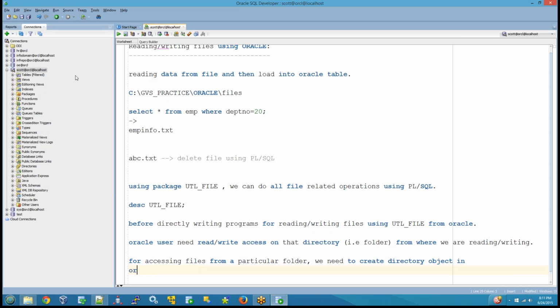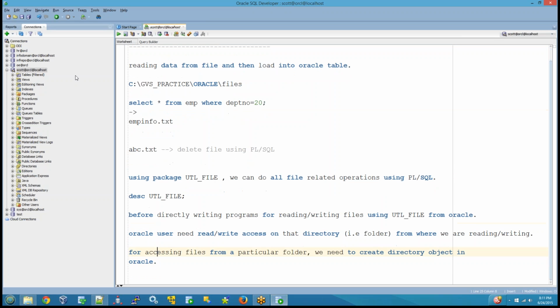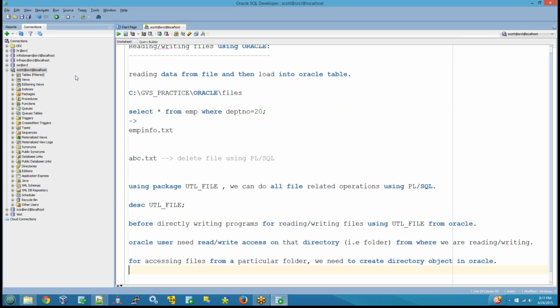The directory object in Oracle. So we need to create the directory object in Oracle. So we have to create a directory object. After creating the directory object, the second step. The first step is we need to create a directory object. Second, after creating the directory object,